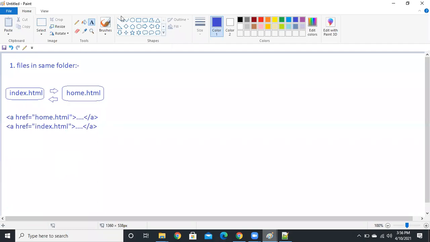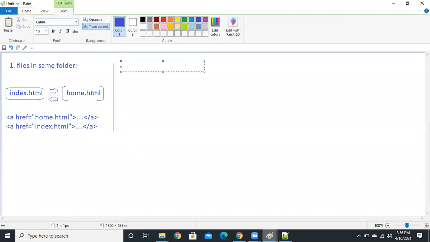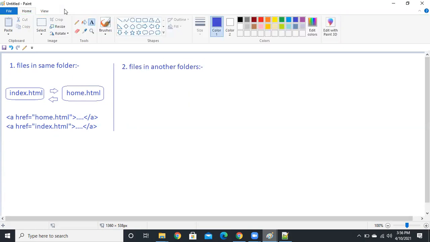See, I will tell you one more case. Suppose here, another folder. Files in another folder. See how I will show you.